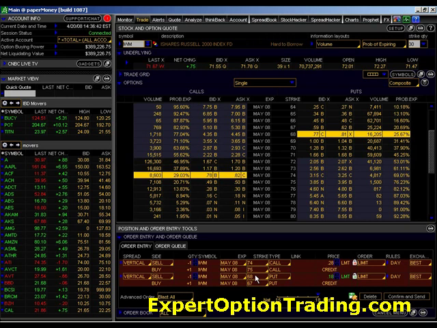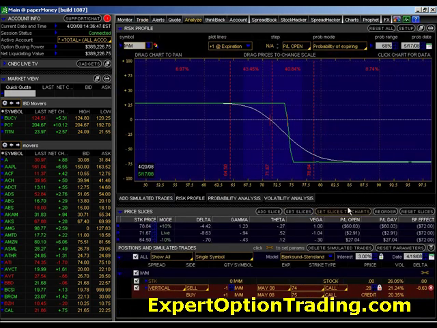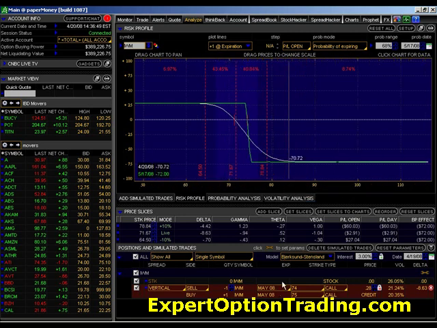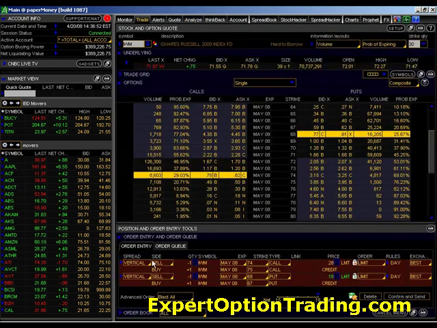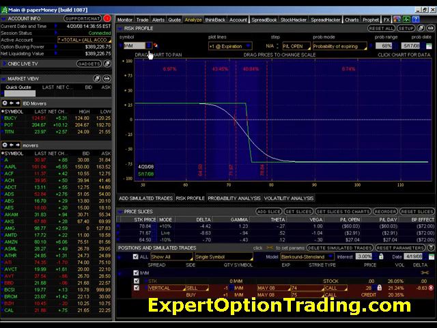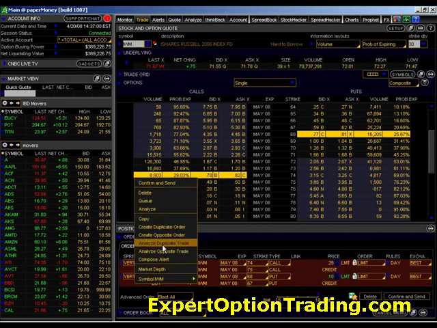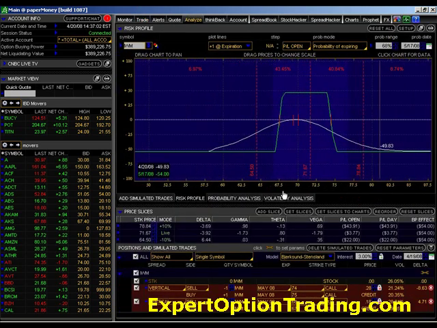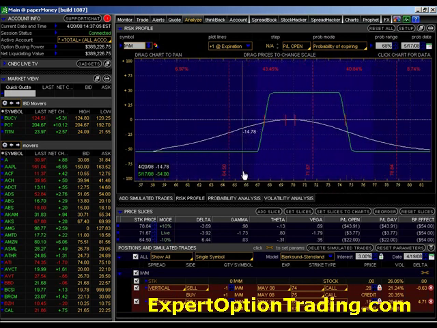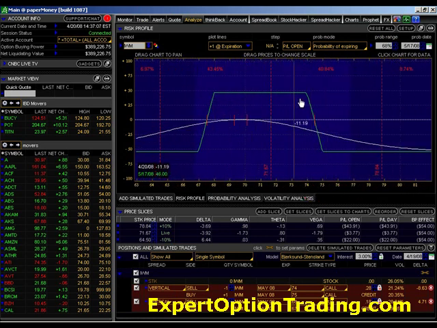Now, let's take a look at an analysis of what this position would actually look like. We'll right click there, we'll analyze duplicate trade. We'll go back to our trade tab and take a look at this trade as well, and we'll analyze this duplicate trade. Now what we've done is we've set up for ourselves a little bit of a profit area. This green line is what will actually tell you the maximum profit that this position will be able to generate